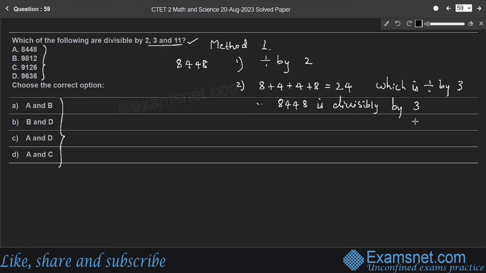3, right? So we'll consider the third number, 11. If the difference between the sum of the digits in even places and the sum of the digits in odd places is equal to 0 or a multiple of 11, then the number is divisible by 11. So here, the difference between the sum of the digits. So, the sum of digits in even places